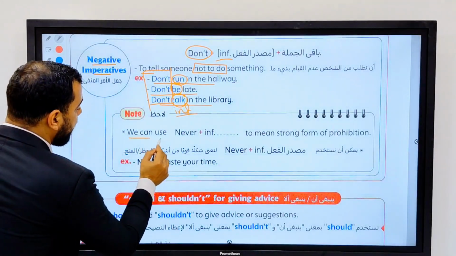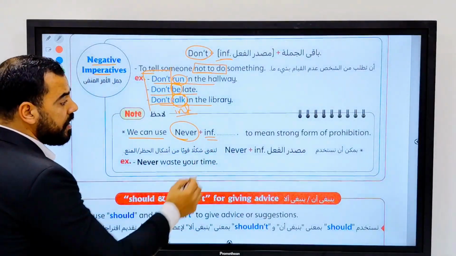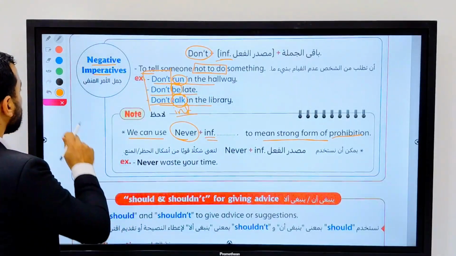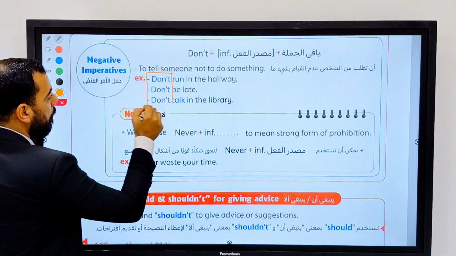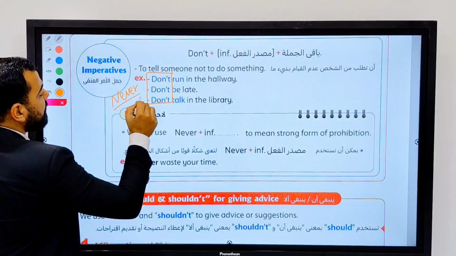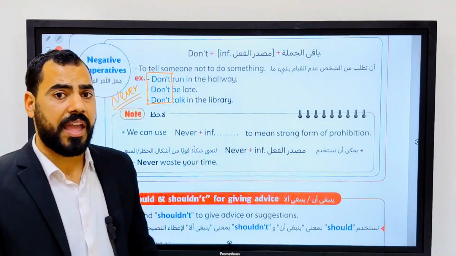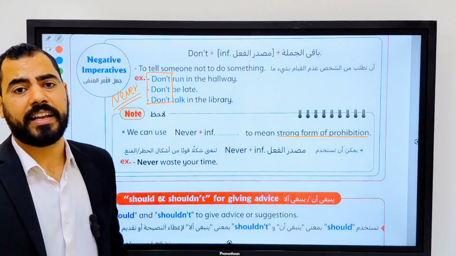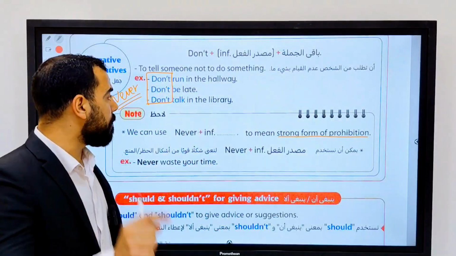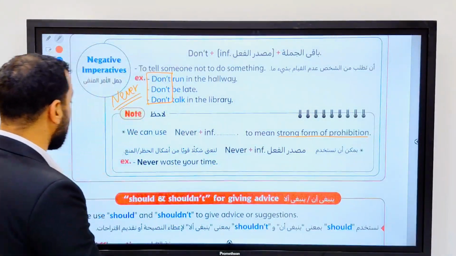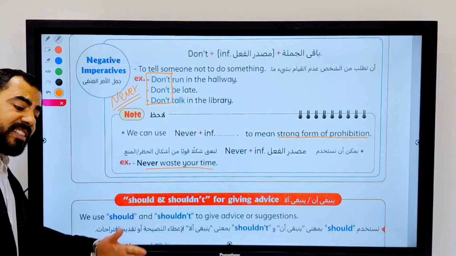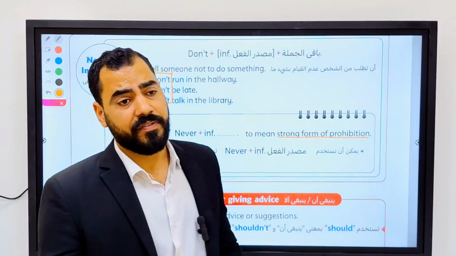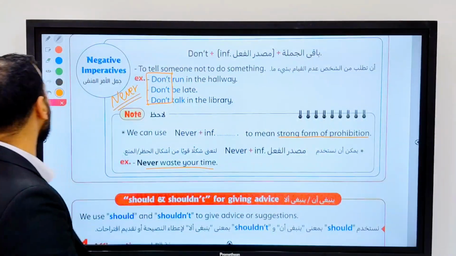Be careful. We can use never plus infinitive to mean a strong form of prohibition. So we can replace don't with never, and using never is stronger than using don't. So never run in the classroom, it's stronger to say never. Never be late, never talk in the library, never waste your time. So this is the first part of today's grammar, the imperative, affirmative and negative. Let's move to the second part